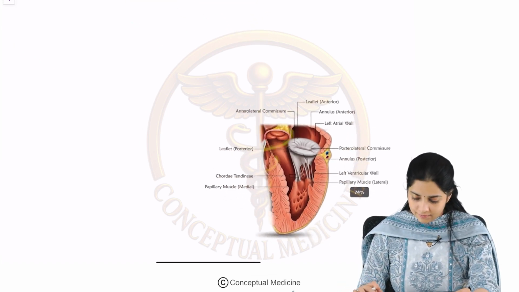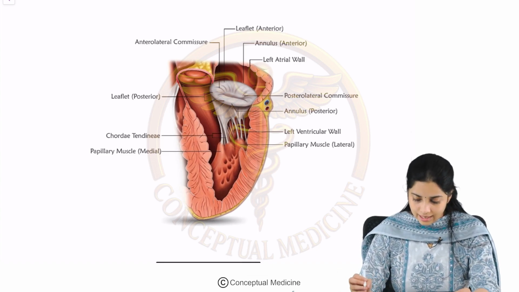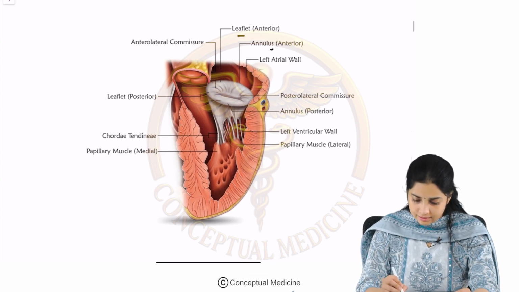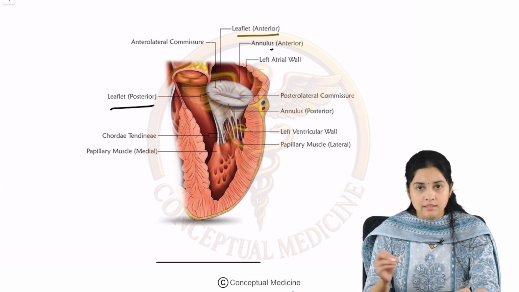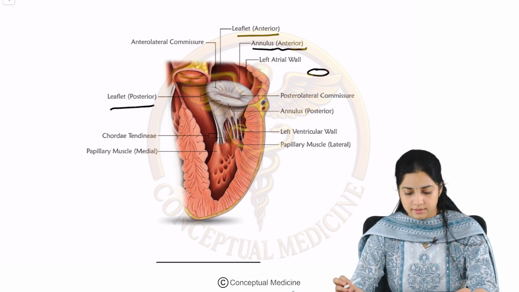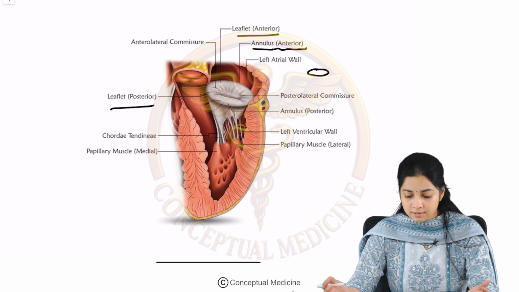The mitral valve, as you can see here, is a bicuspid valve. It has an anterior leaflet and a posterior leaflet. The leaflets are held together by a ring-like structure, which we call the annulus. The mitral valve is the valve opening between the left atrium and the left